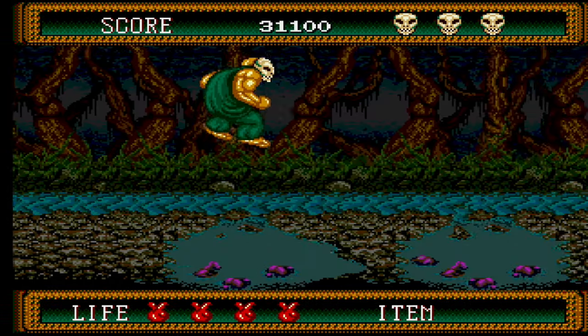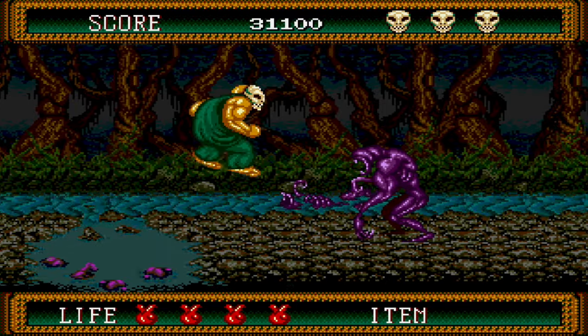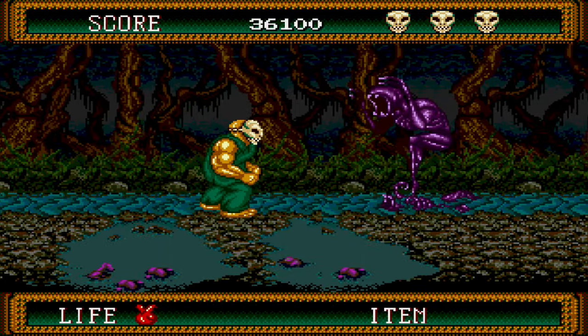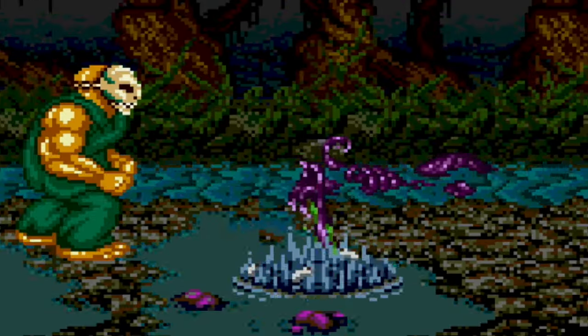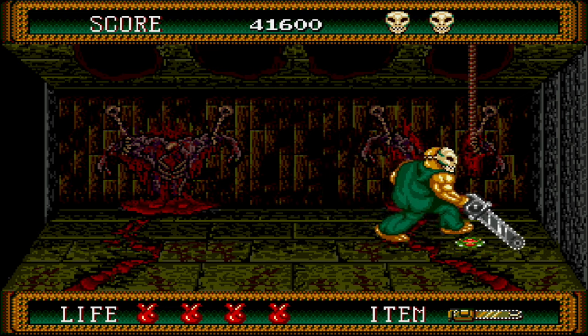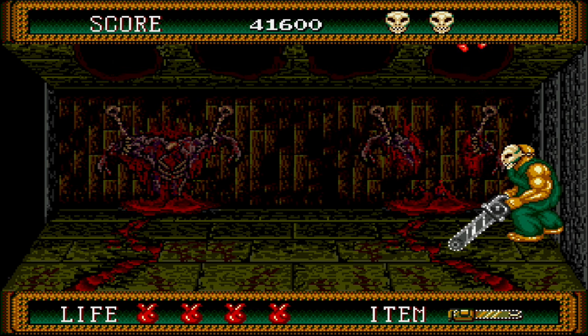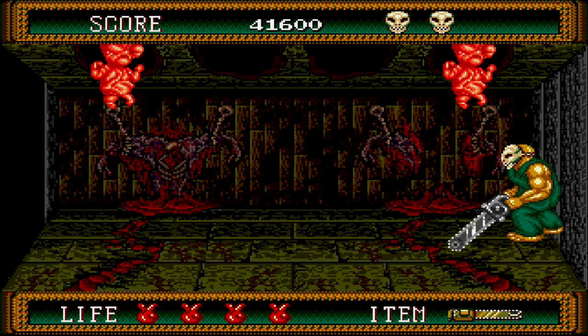Next we'll be crossing what Rick himself calls the river. There's some screaming memes that will try to attack you. Sometimes they end up killing themselves though. I love how they wave goodbye. The boss of this stage is described as blood puppets. They just look like giant fetuses on nooses to me, but whatever,